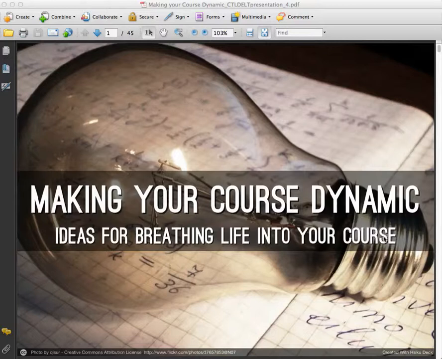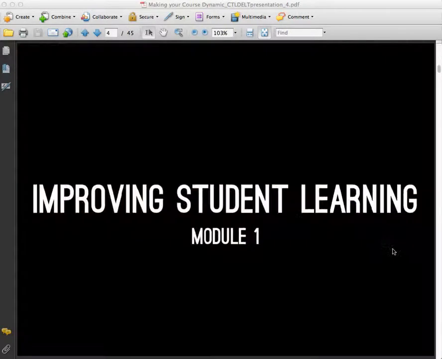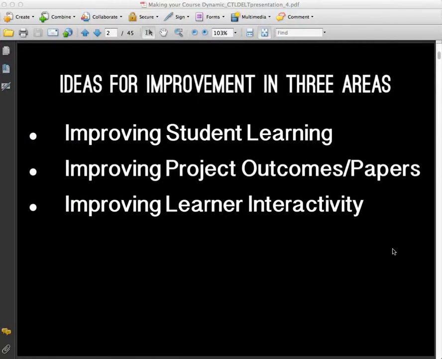Basically, this course focuses on three core areas that faculty often find that they want to improve in their courses. The three topics are improving student learning, improving project outcomes and papers, and improving learner interactivity. So, the basic proposal for the project,